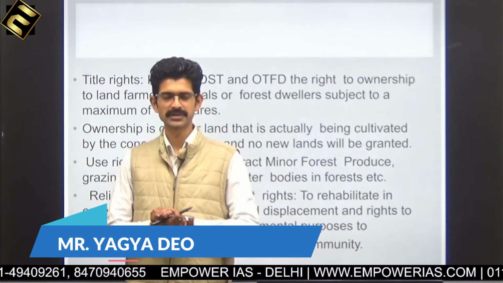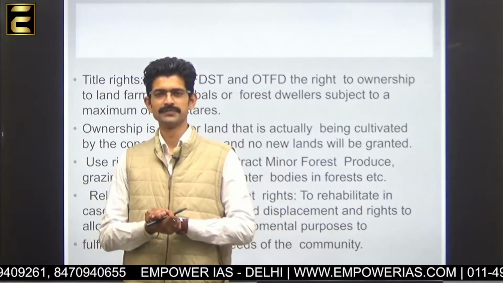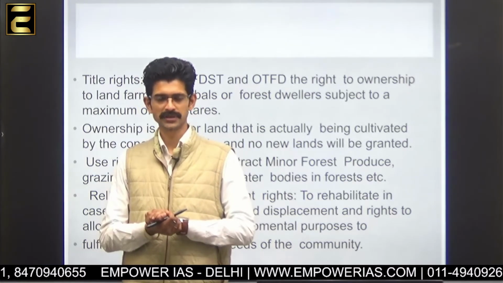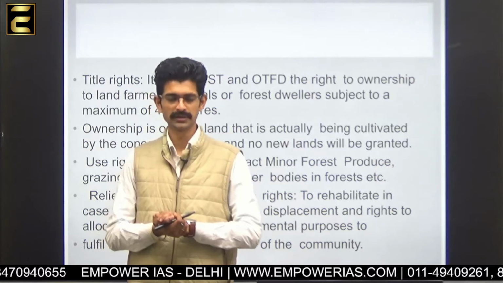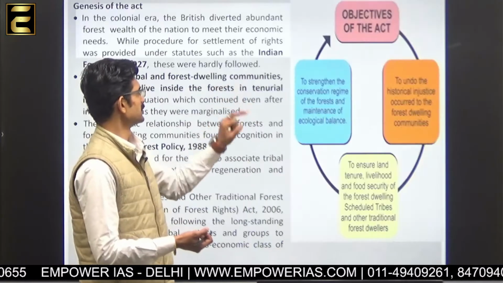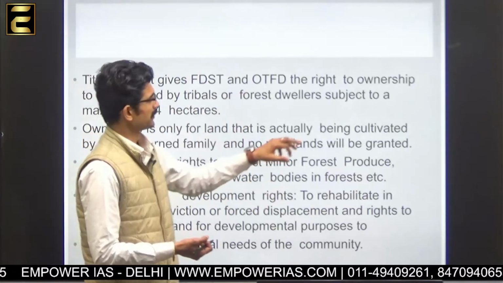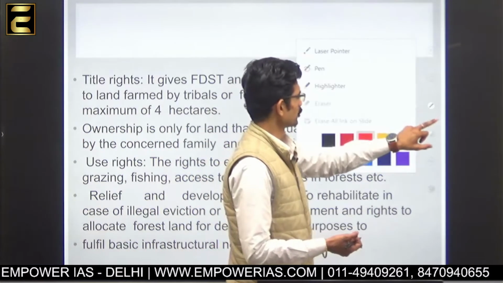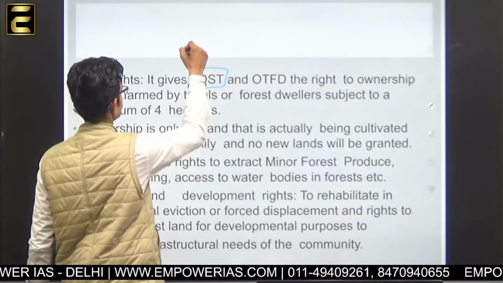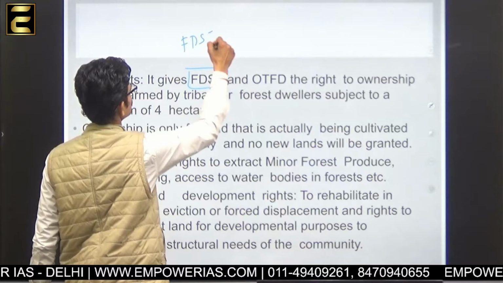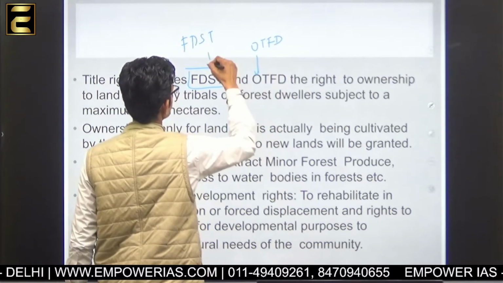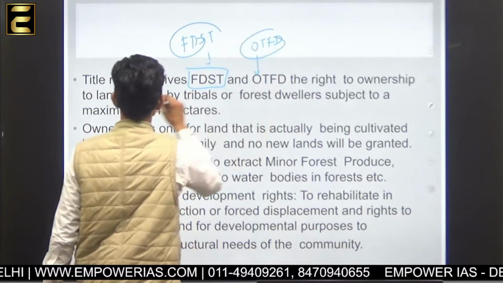Friends, we were discussing the various kinds of forest rights which were provided before independence in 1927 and which were again constituted in 1988, and other parts of forest rights of dwellers, we will discuss that. FDST and OTFD were created by the government in order to provide rights to the forest dwellers. So FDST, Forest Dwelling Scheduled Tribes, plus Other Traditional Forest Dwellers, these two parts were made in which the title